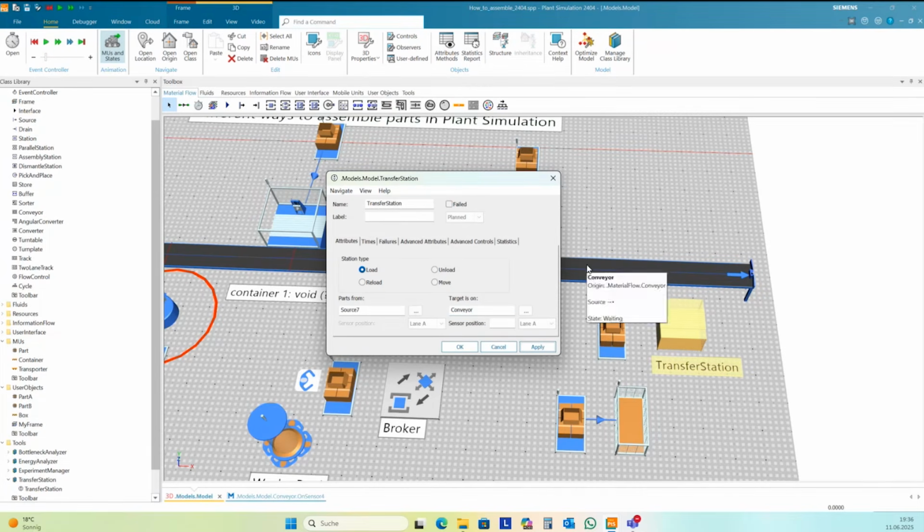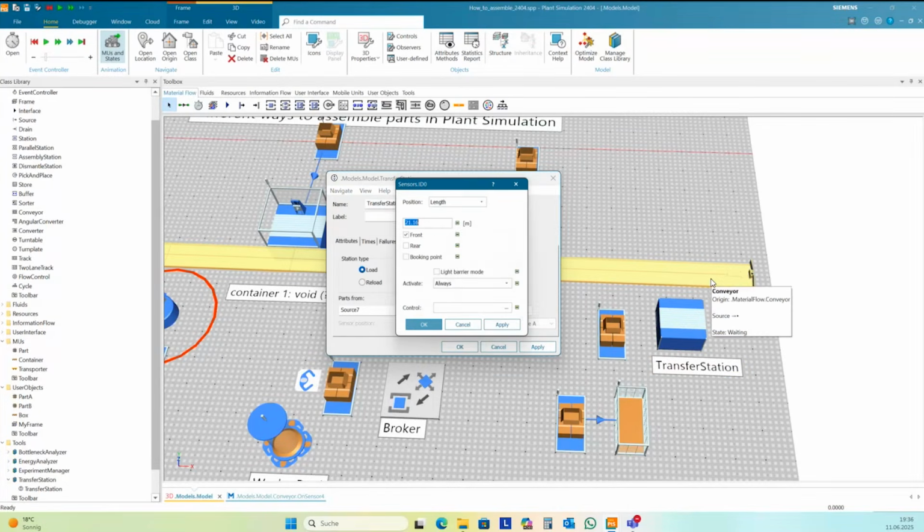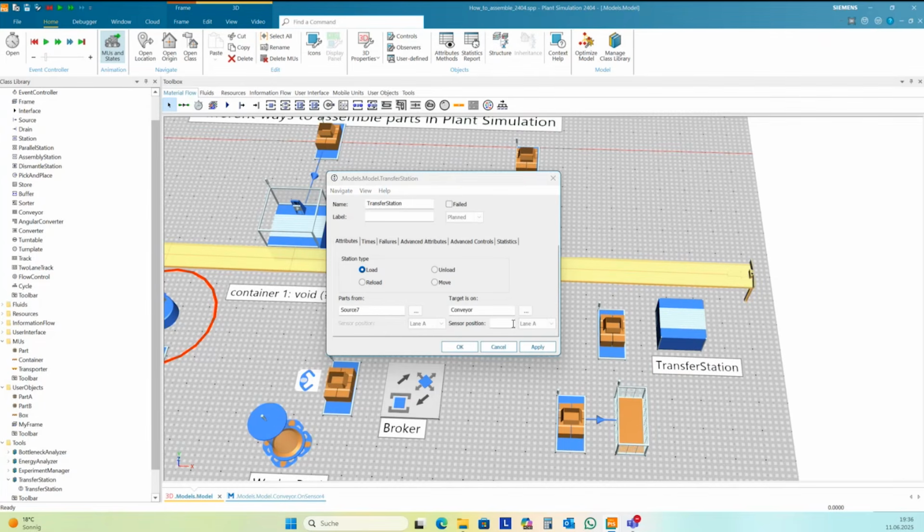Apply, and then you need to define the sensor position. I create a sensor here. It's near 21 meters. And so I define the sensor position 21 here. Apply. You can define the time. Maybe it's 2 seconds. And there are some advanced attributes.